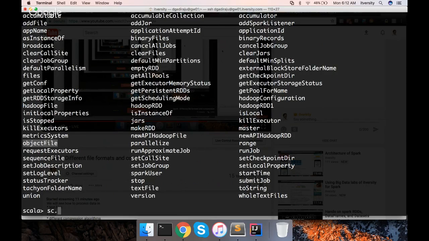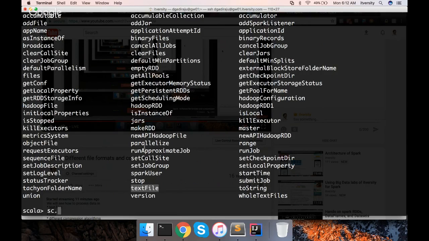You can directly use this API and you can read the data. Out of these three things, text file is more important because it's a lot more generic than sequence file or object file. So you can ignore, but try to do a couple of exercises on sequence file and object file. I will tell you how to do that also in a moment. But text file is very important and it's very straightforward. It's covered elsewhere and we'll be using later also.